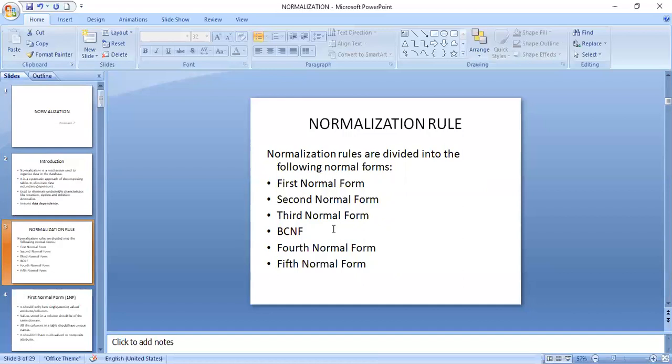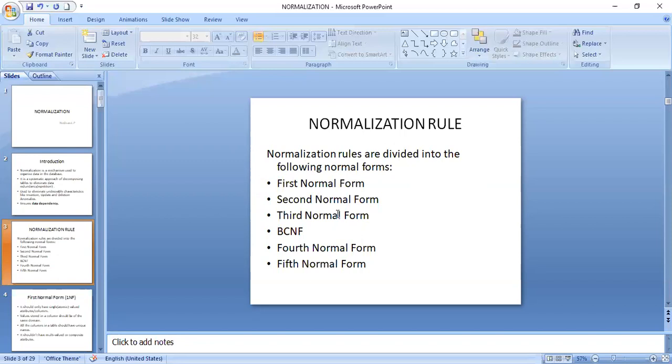So now simply, data is all raw facts, which is not in the form of sentences, not in the form of information, which is all raw facts, and that is stored into the database. And this particular database is managed by the database management system. Now the database management system will be using all these normalization rules in order to make the data stored in the database relevant data.